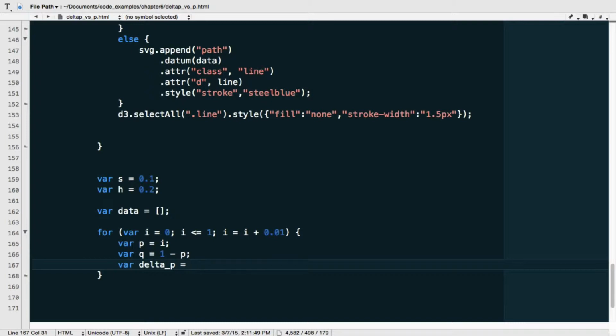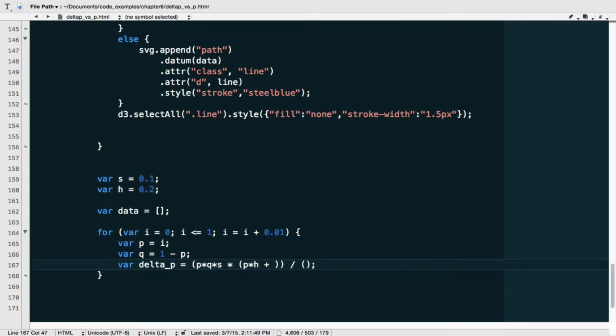And now we simply have to implement this formula. That formula is sum numerator divided by sum denominator. Okay, and I'm going to put these in parentheses right away. Now the numerator was P times Q times S times, and now I'm going to put this here in parentheses. We have pH, so P times H